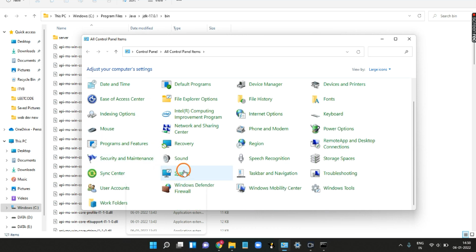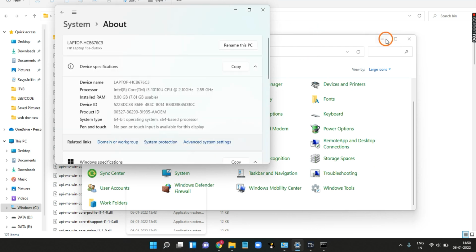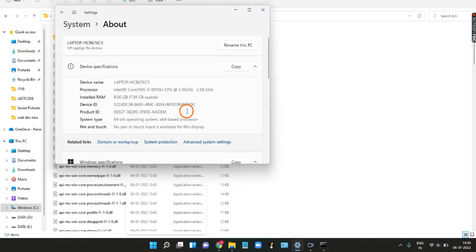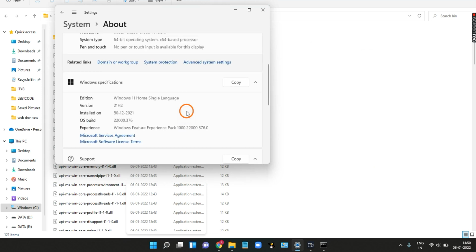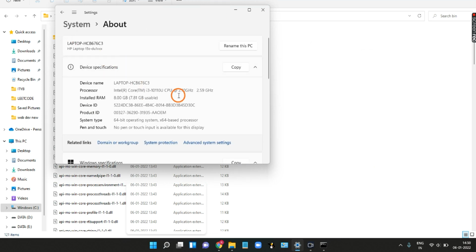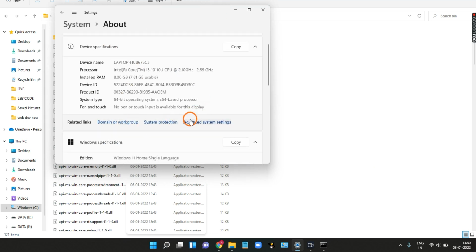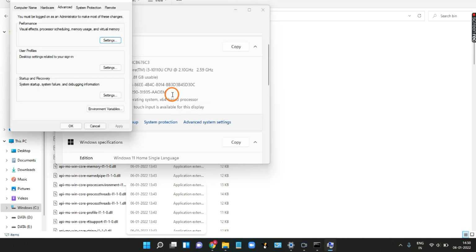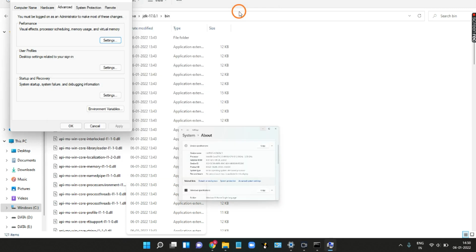Okay, here. So once you open the system option, you can see something like this, and on the top here you can see there is an option advanced system settings. Just click on that option and a dialog box will open something like this.